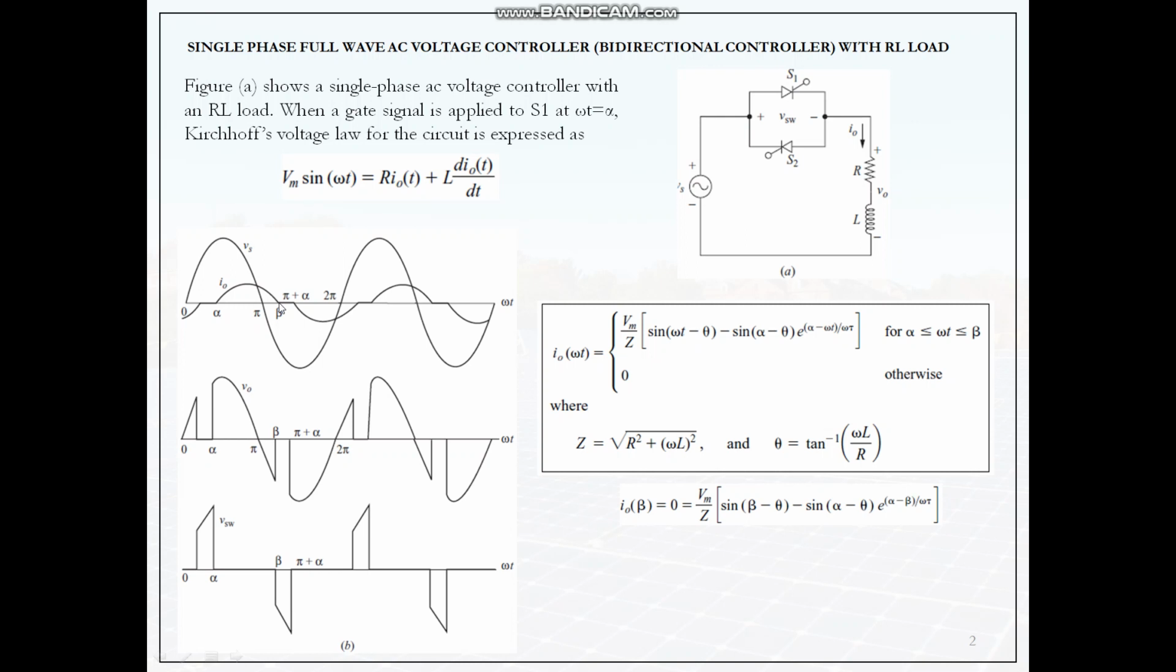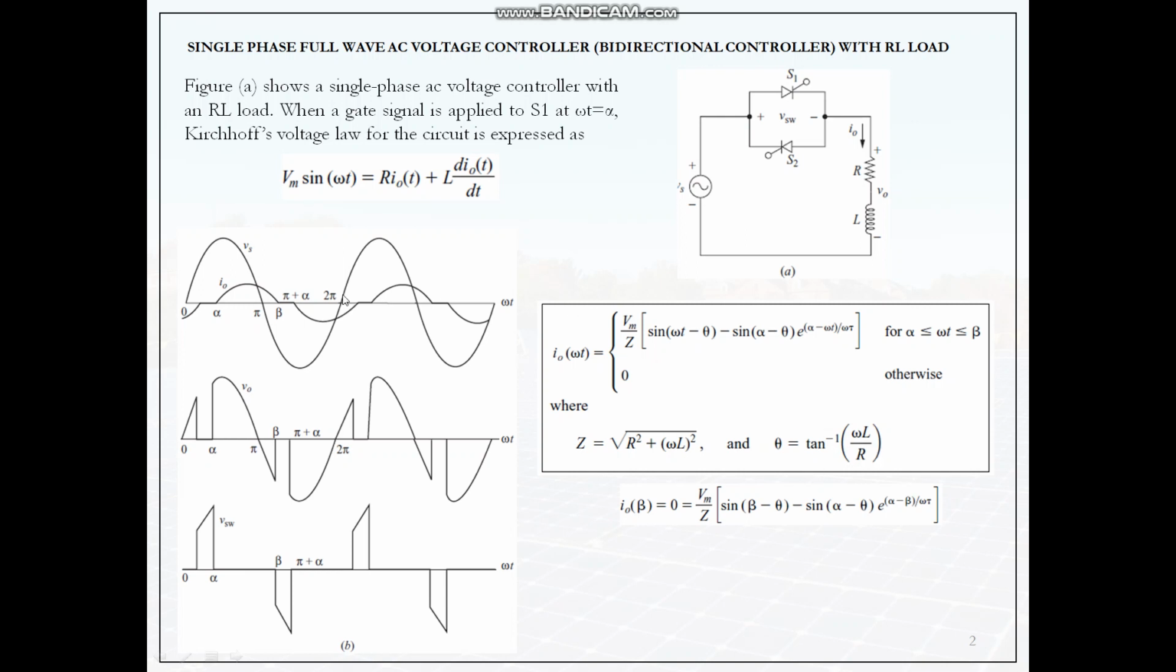And the rest of the time it is 0. Okay, it is 0 otherwise, where Z is the impedance of this RL load, which is square root of R squared plus (omega L) squared,